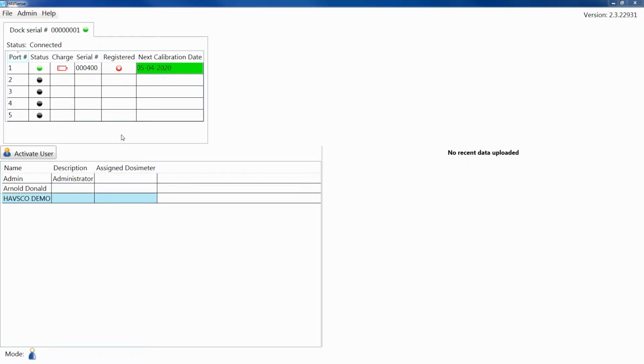This video will cover how to register dosimeters. To be able to activate a dosimeter and start measuring vibration, a dosimeter must first be registered to the software on this computer. This is so if there is more than one HAVStock system in the working environment, the dosimeters